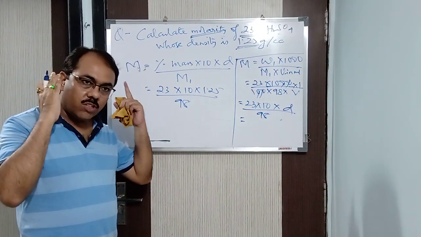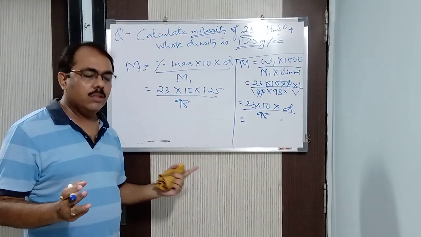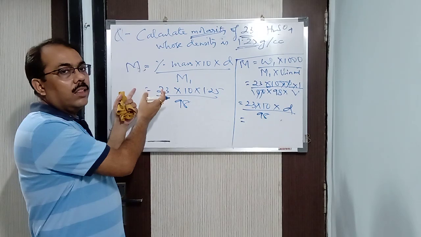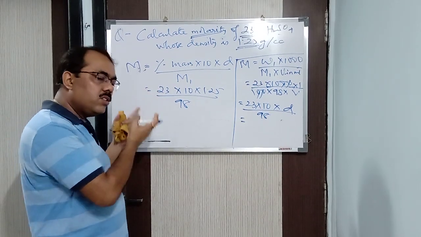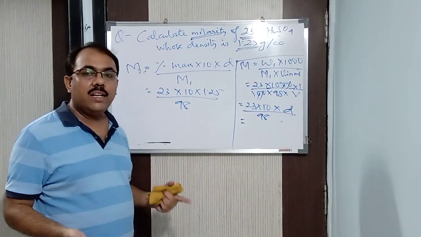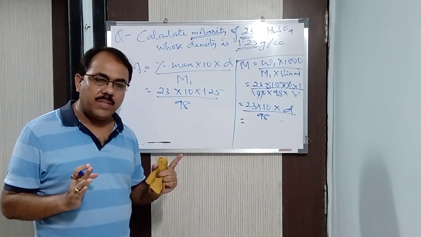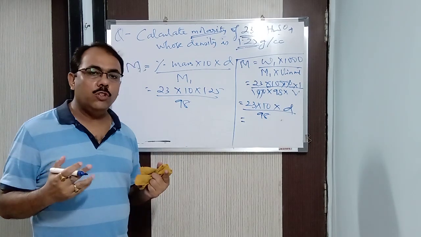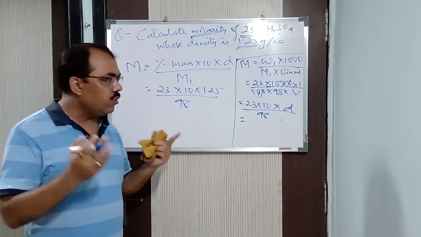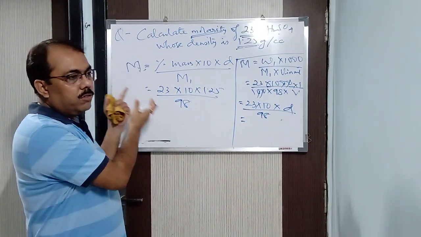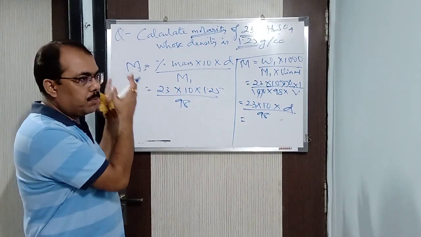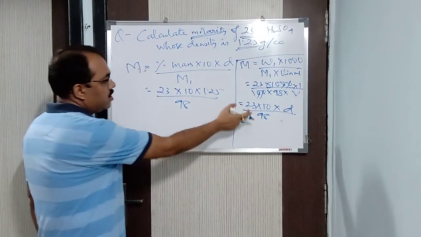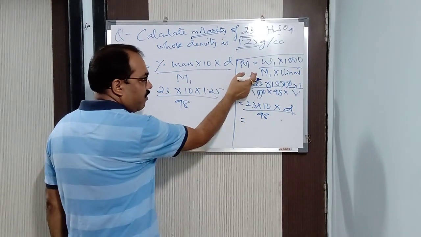Just use your common sense a little bit when you are doing the questions, and you will come to it. In this way, you can make your formula and solve it. It becomes easier. That is what is known as concept. Concept means nothing comes from heaven, from God. Everything is there within you. You have to understand it, and for that, when you are reading, read it properly with concentration. Then you will be able to understand what I am doing. Clear? From here itself I got the formula.